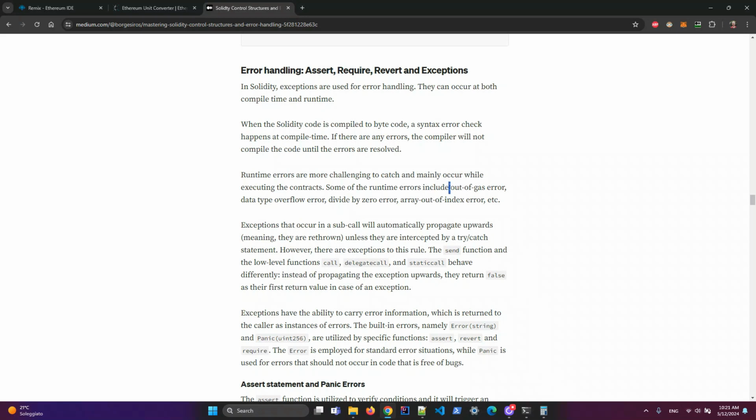Maybe the only error that you have not seen in other programming languages is this one, the out of gas error. So exceptions that occur in subcalls will automatically propagate upwards,